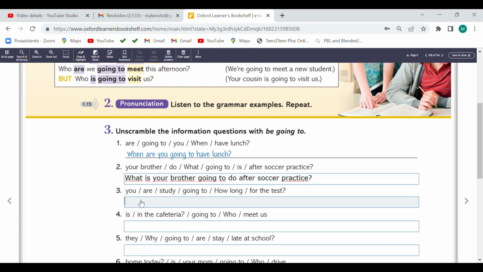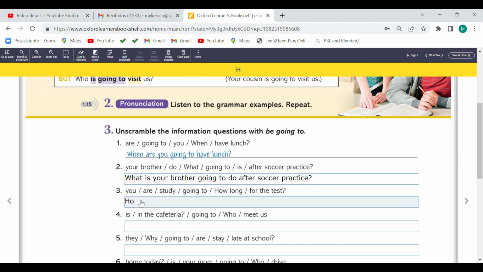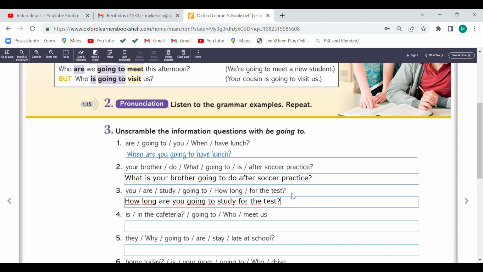Number 3. How long are you going to study for the test? And question mark. You don't forget the question mark. No olvidamos el signo de interrogación.